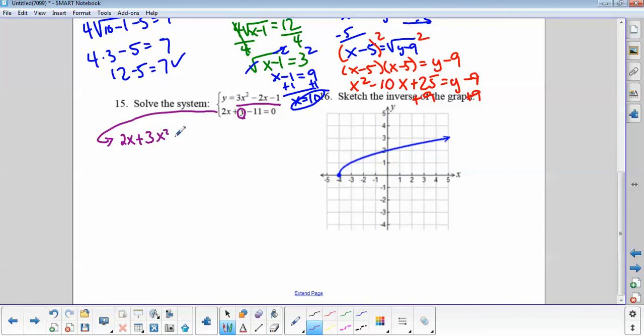3x squared minus 2x minus 1. Then continue with the minus 11 equals 0. Alright, so now we need to combine like terms. So 2x and negative 2x, that's going to cancel out. I have 3x squared minus 12 equals 0. I can divide both sides by 3,